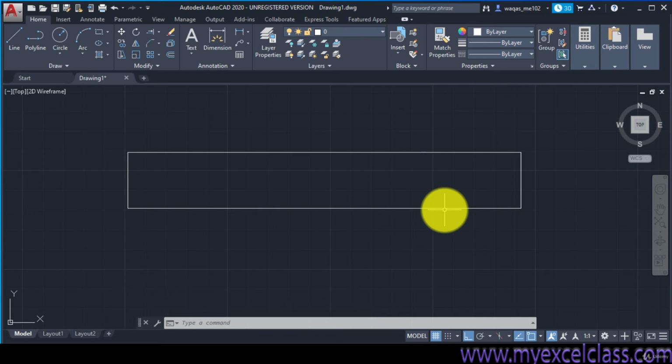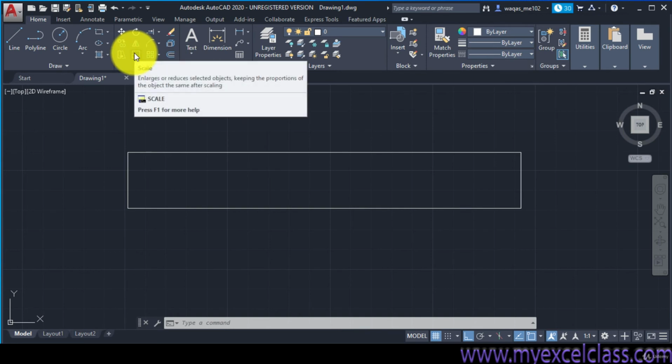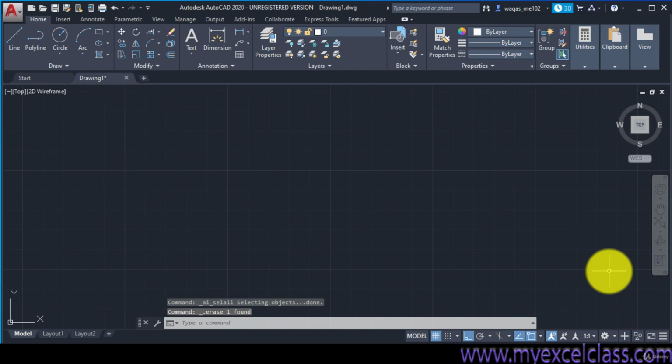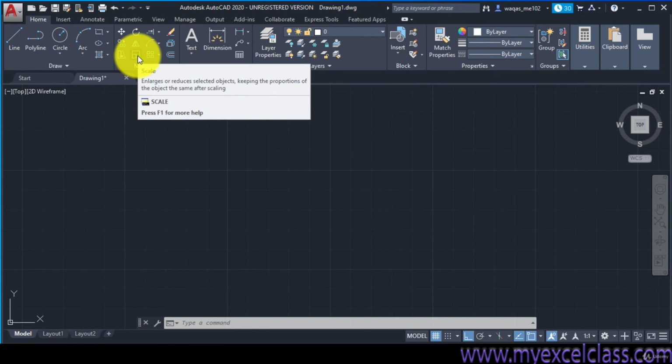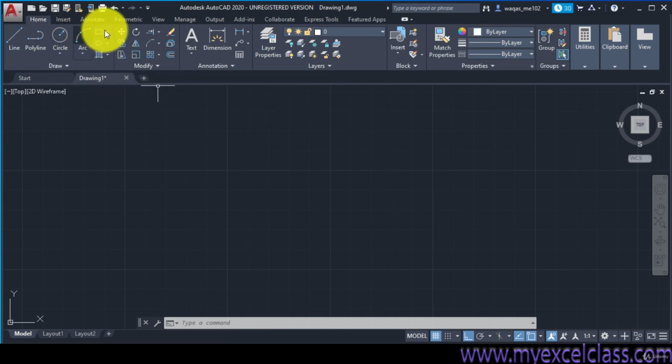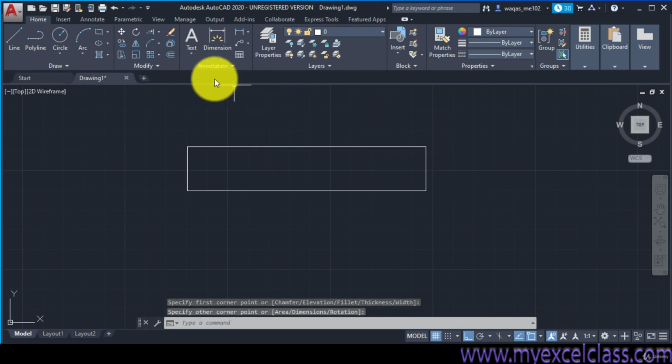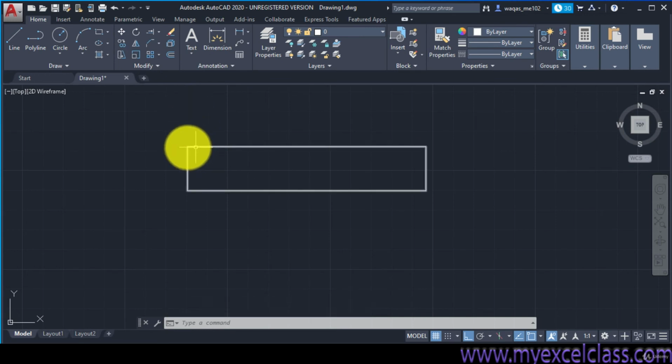Well, this was the stretch command to stretch from any points of the object. Next one is the scale command. Let me show you what this scale command is. Scale means, if you have some object, suppose a rectangle, and you want a rectangle having dimensions 2 times this one. When you click the scale command, it asks you to select the object.